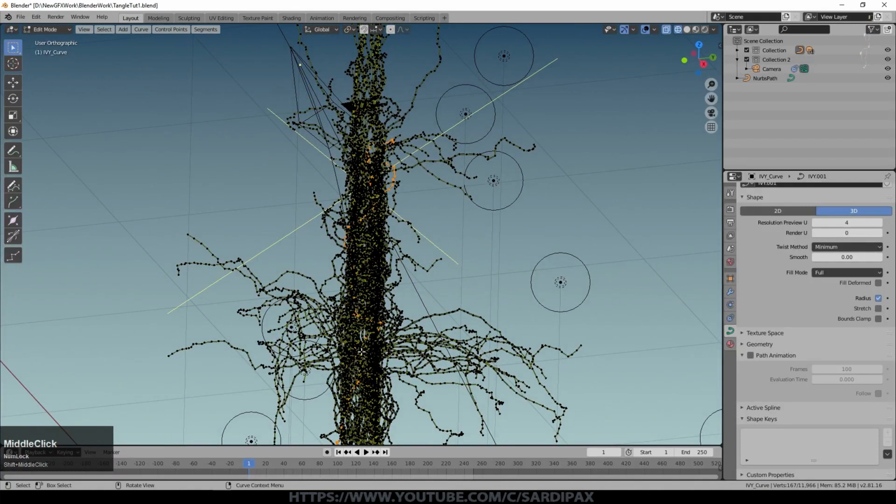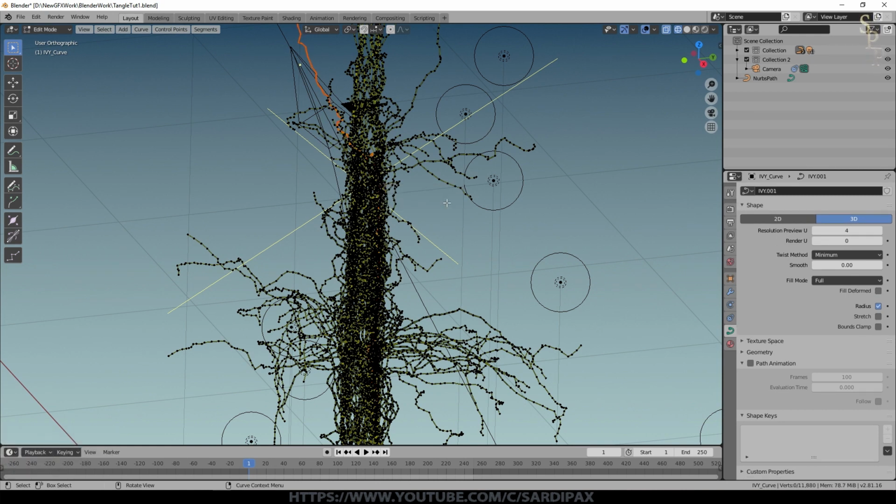So that one goes up there. But what you really want is one that's going to travel a decent amount of the distance through the curve so that you've got plenty to play with, as it were. So once you've selected it all, press P and say separate. We've separated that curve out now.